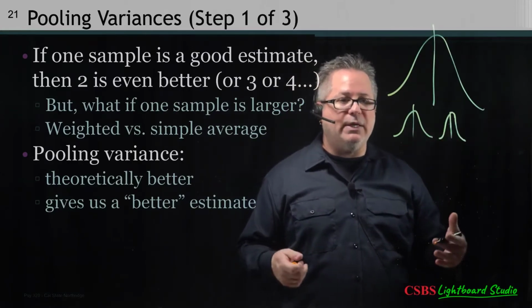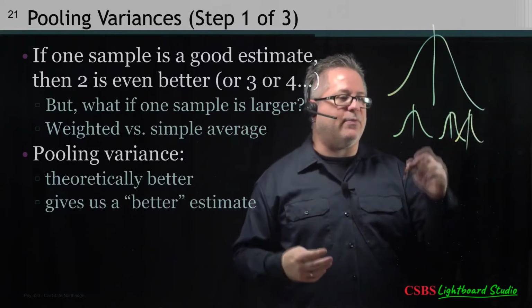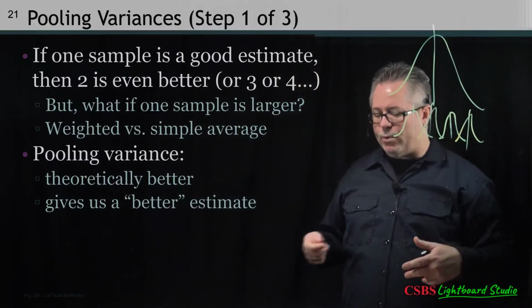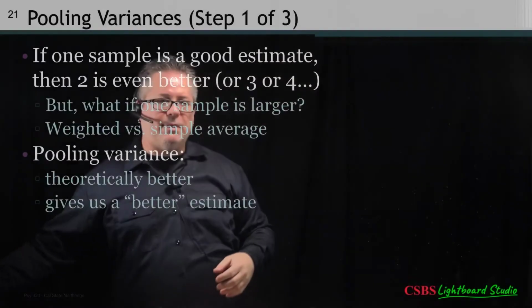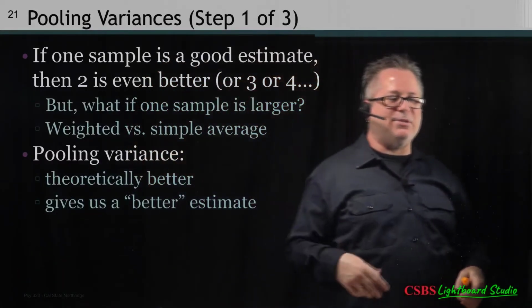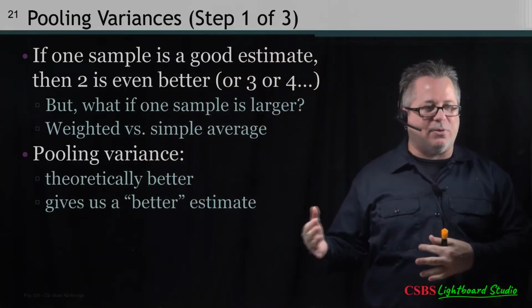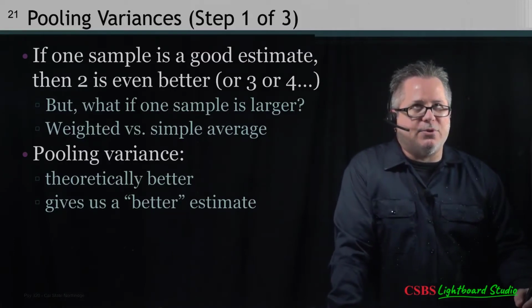And if I had 3, it says 3 or 4. If I had 3 samples, then averaging all 3 of them would be even better. If I had 4, averaging all 4 would be even better. The more samples we have, the more information we have, the better we can estimate the population. Now, with that being said, if one sample is larger, then we should pay attention to that a little bit more, right? A larger sample is going to give us a better estimate of the population value,